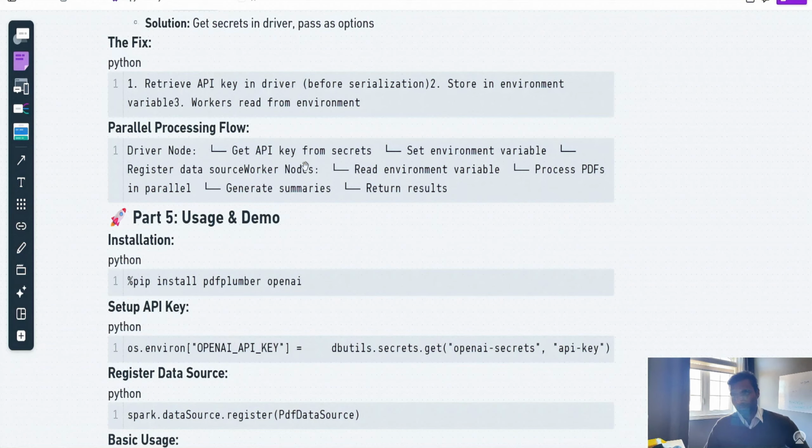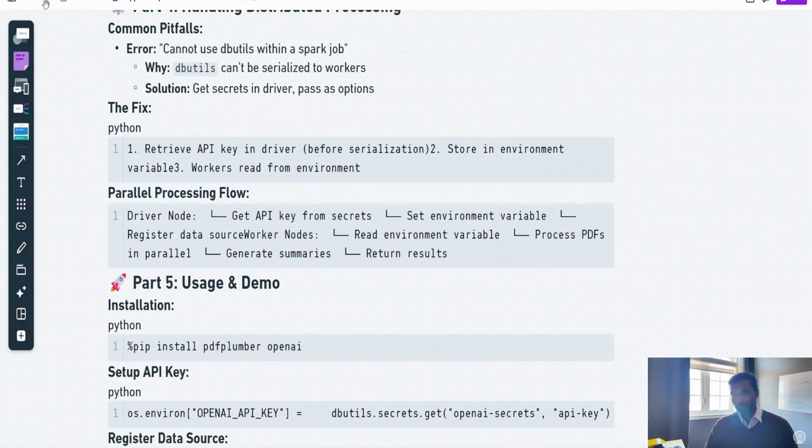Driver node and then get API key from secrets and set environment variable and register data source worker nodes, and then read environment variable for each and every worker node, and then process PDFs in parallel and generate summaries and return the results. So this is what I explained previously. Now I will show you the